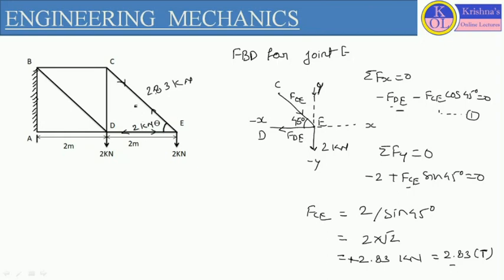By this way we can find the forces. So here we know two forces, on members CE and DE. Now let's consider another joint which has the maximum number of knowns and minimum number of unknowns. If we consider joint C, FCE is known, and FBC and FCD are unknown. Now let's see joint D. There are many unknowns on joint D because the number of members is larger. So first we will prefer joint C.